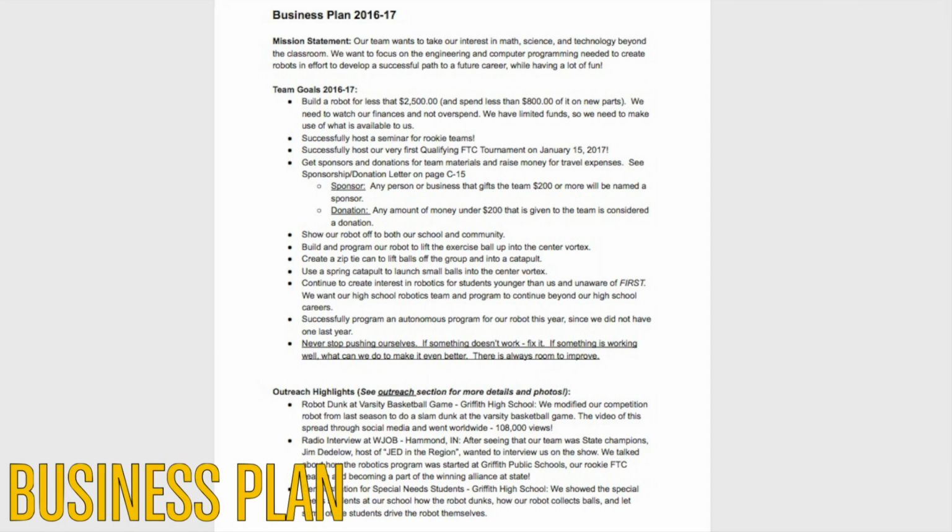The next important part of your notebook is the business plan. This should outline your team mission statement, goals, budget, and expenses. In here, you also want to include any grants and sponsorships you received, as well as any receipts you have